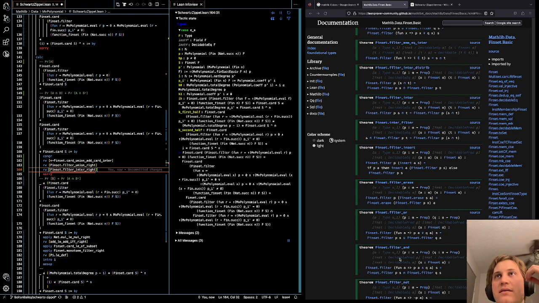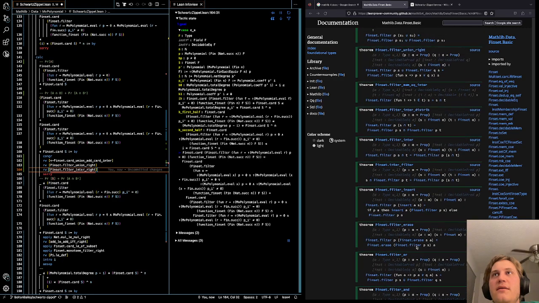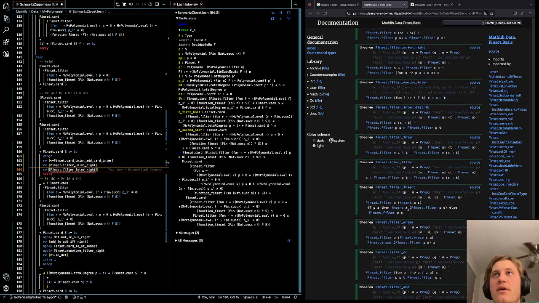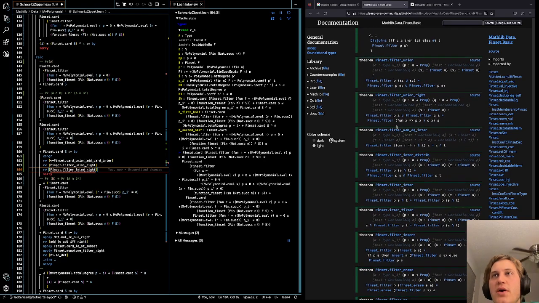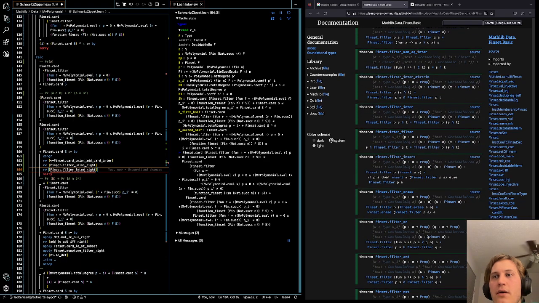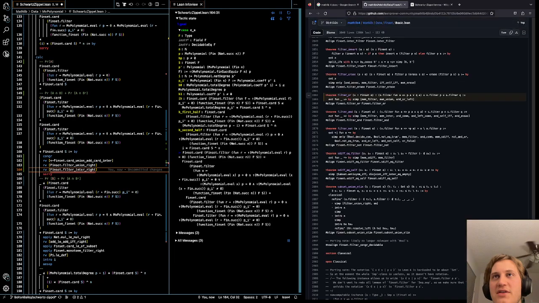Like filter and. Okay. So this has got to be some weird mathlib thing, because filter and, so filter and here and then filter union right. We have filter or and we have filter union right, which are just the reverse of each other, right? Filter union right and filter or. It's just the symmetry of equality, right? So surely if I go to the source,